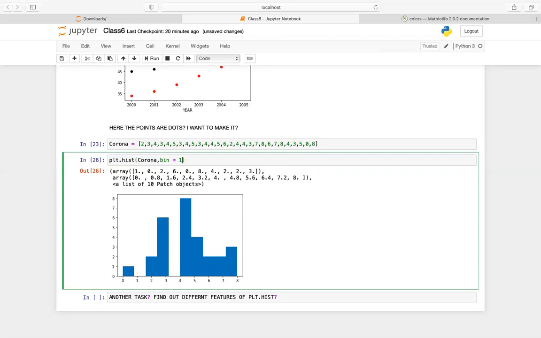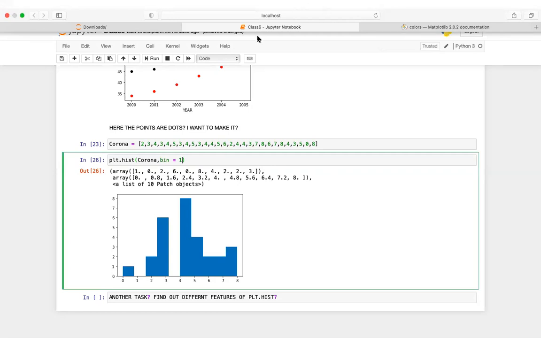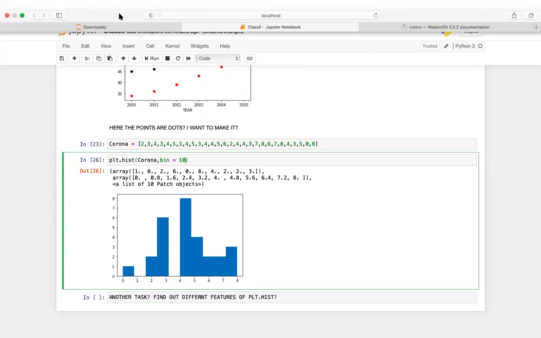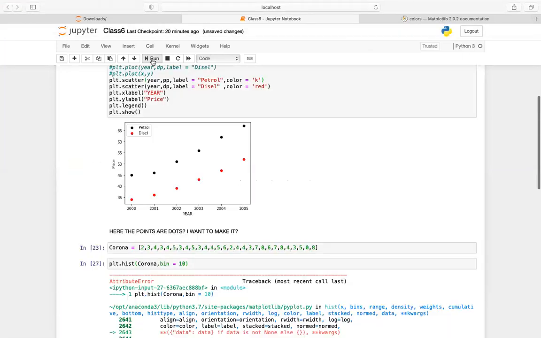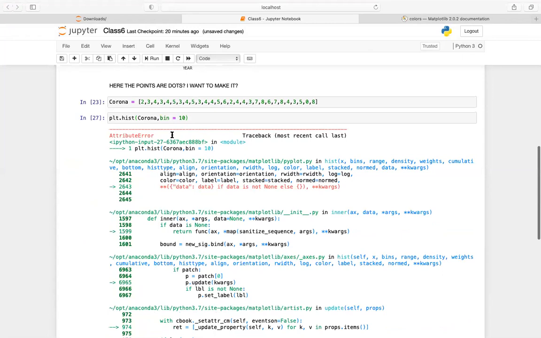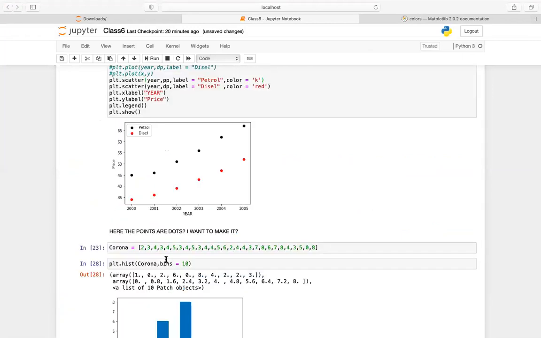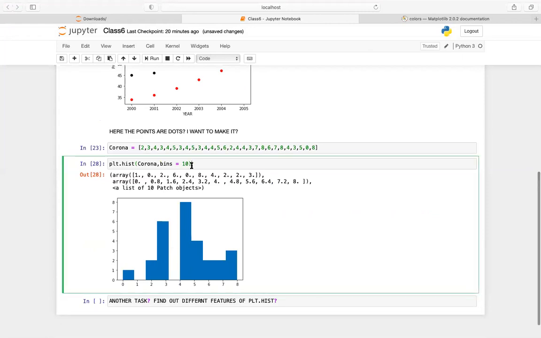Bin means the number of bins. I think all of you know what a histogram is and what a bin is. If there is anybody who does not know bin, then I'll explain, but other than that, I think everyone should know what bin means. It should be bins most probably. All right, so it's not working.